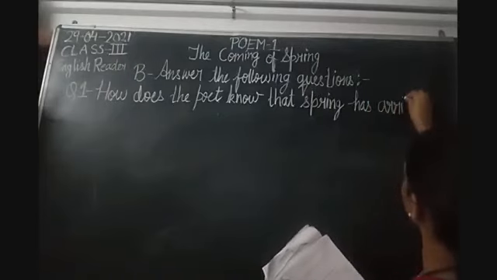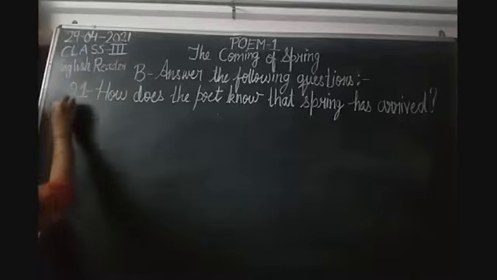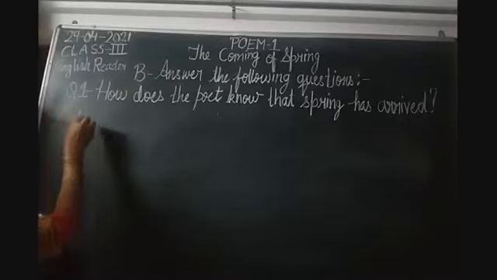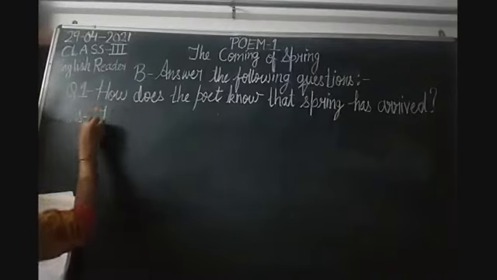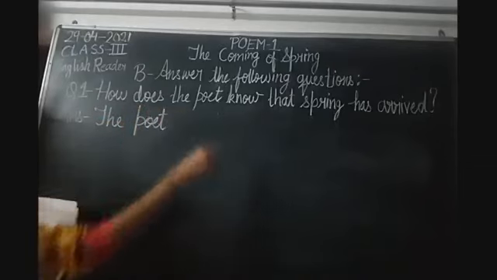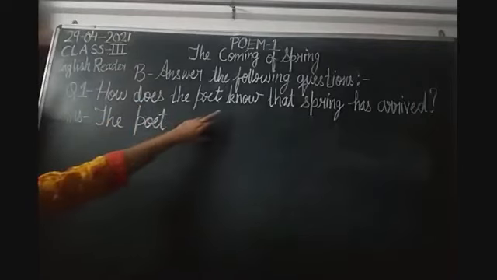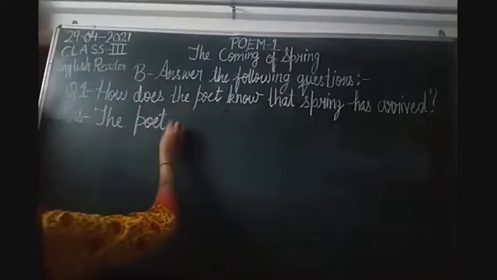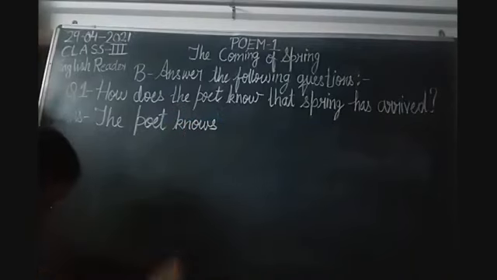क्वेश्चन है, पोएट को कैसे पता चलता है कि स्प्रिंग सीजन आ गया है? How does the poet know that the spring season has arrived? सो पोएट को कैसे पता चल रहा है कि स्प्रिंग सीजन आ गया है? आंसर, द पोएट, क्वेश्चन में डज है बेटा, क्वेश्चन में डज है तो हम यहाँ पे नो में एस लगाएंगे तो क्या हो जाएगा? नोज. द पोएट नोज